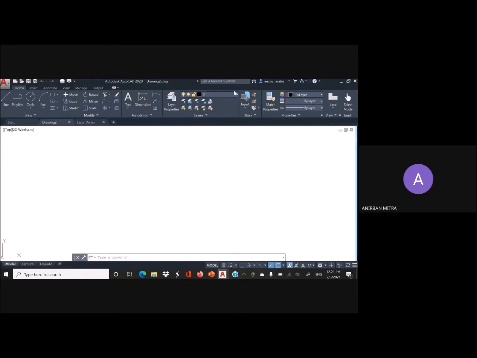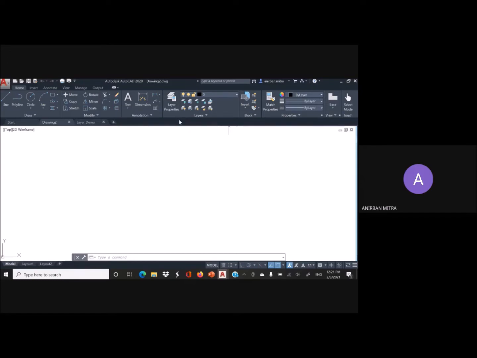So again, this is what the layers panel looks like, and there are three important parts to this layers panel which we can see here. The most important one of them is the layer properties button. This opens up the Layer Properties Manager pop-up window.